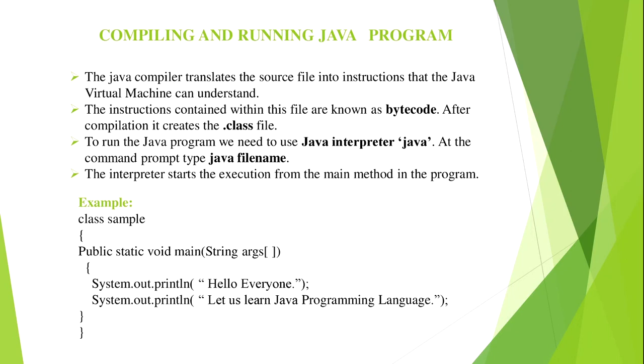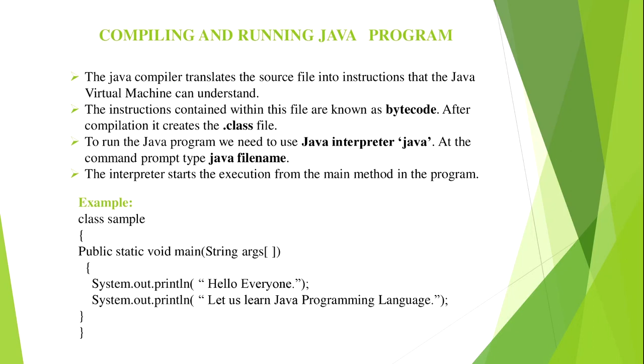The Java is the Java interpreter. At the command line or at the command prompt, you just type java and your program file name without any extension. An interpreter starts the execution from the main method. You know very well that the execution starts from the main method in C language as well as C++ language, and it is very similar in Java programming. The interpreter first of all looks for the main method, and from the main method the